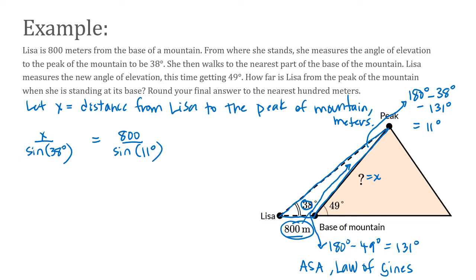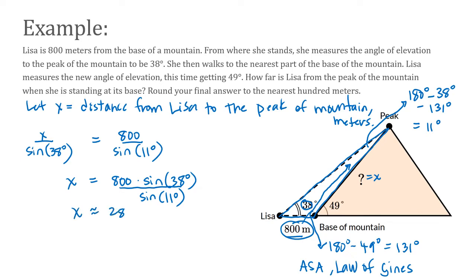Okay, I'm going to multiply each side by the sine of 38 degrees. That gives me X being equal to whatever 800 times the sine of 38 degrees is, all over the sine of 11 degrees. And when I put that into my calculator, I got X is equal to,